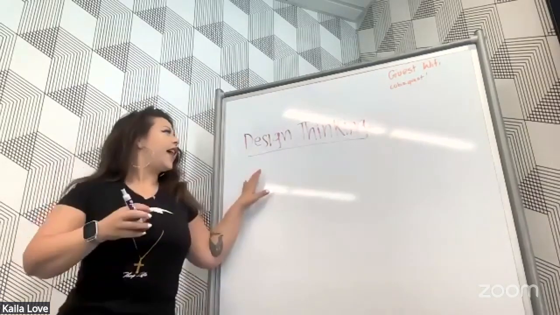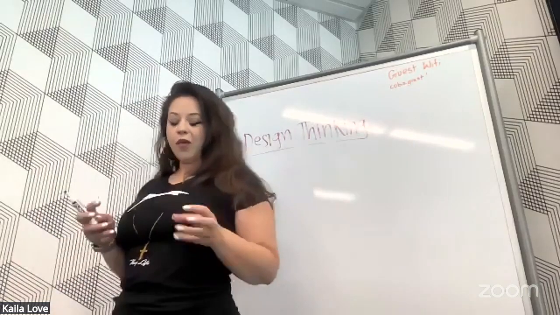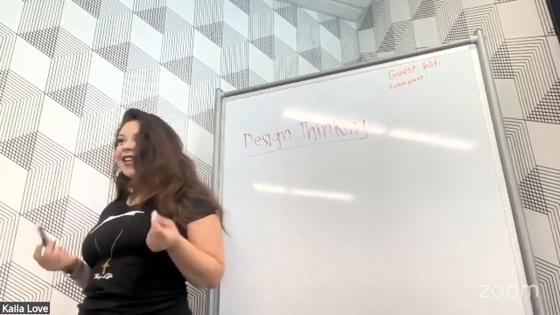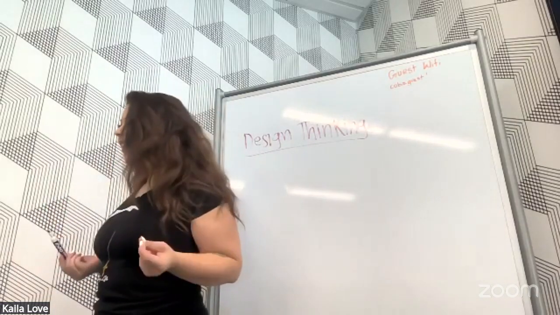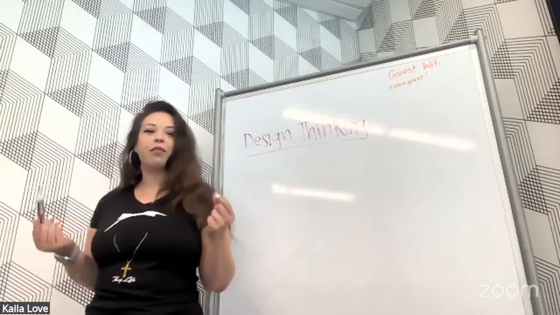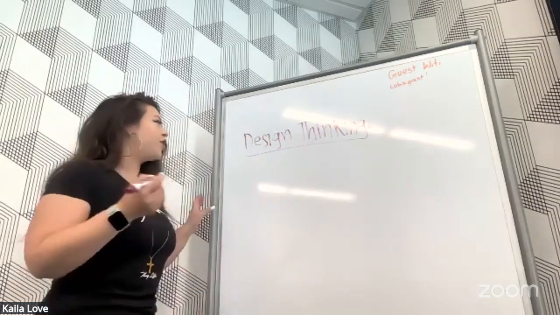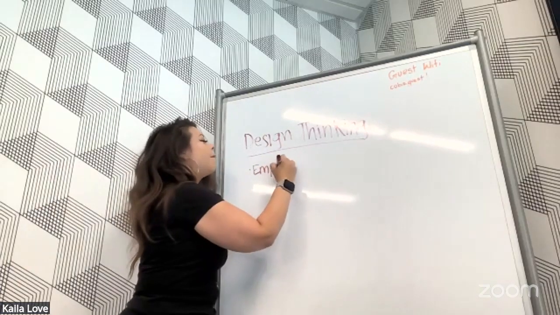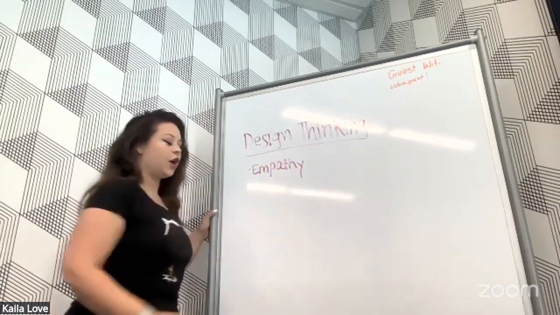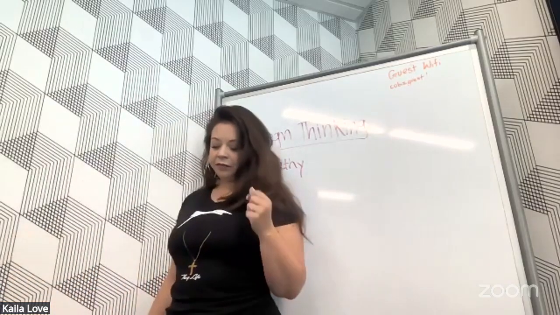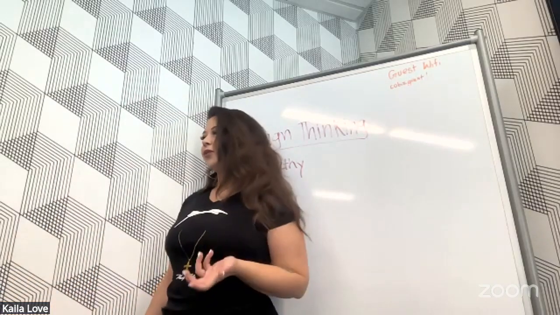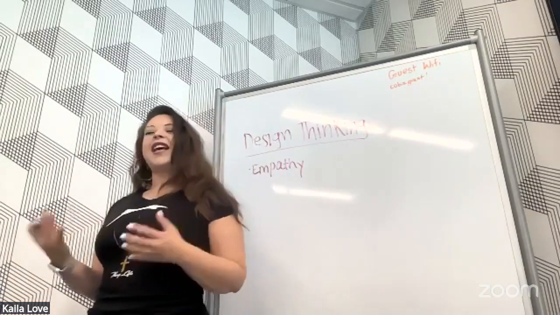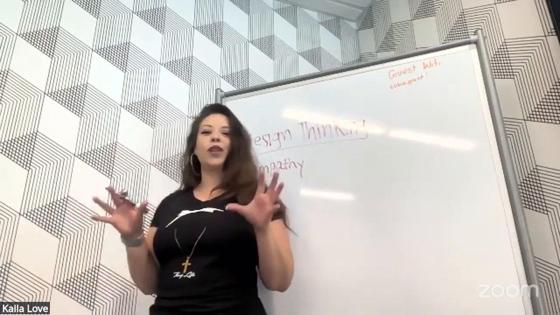And so the idea of design thinking is that we are creating tech that's centered in humanity, in solving real world problems. So the first step that we want to talk about and emphasize is empathy. All right. So the ability for us to put ourselves in somebody else's shoes. And a lot of times we think of tech as being this really cold, soulless thing.